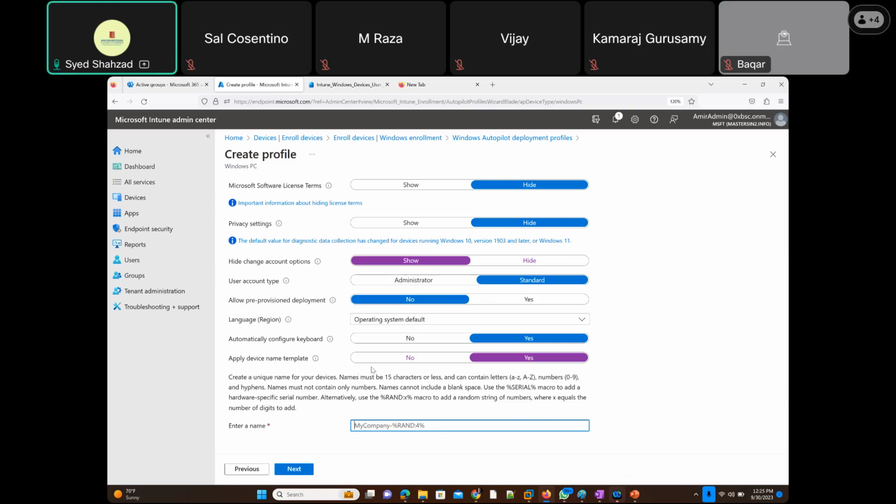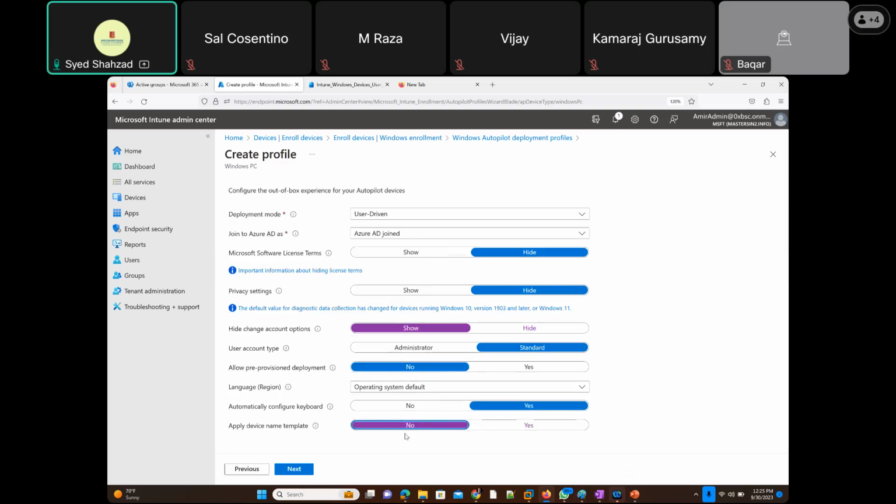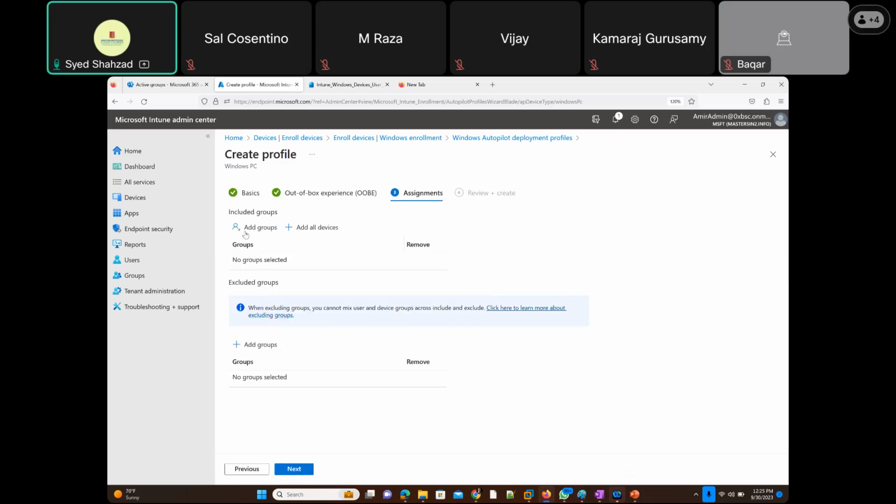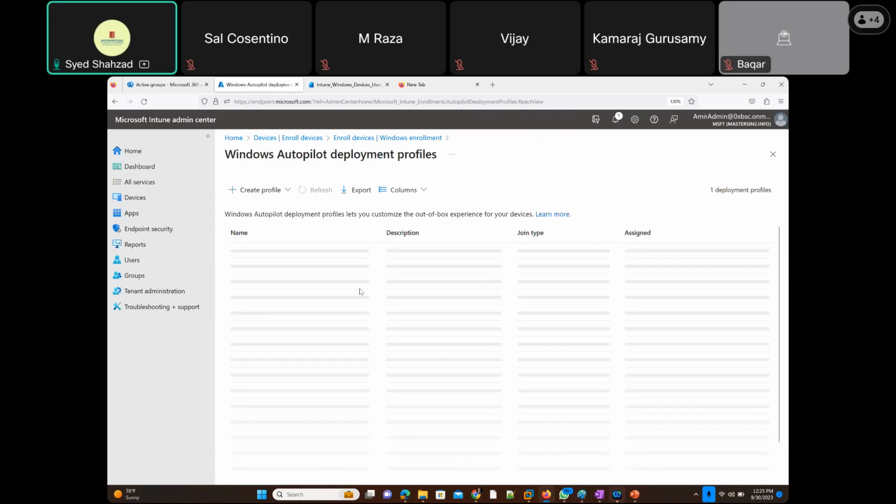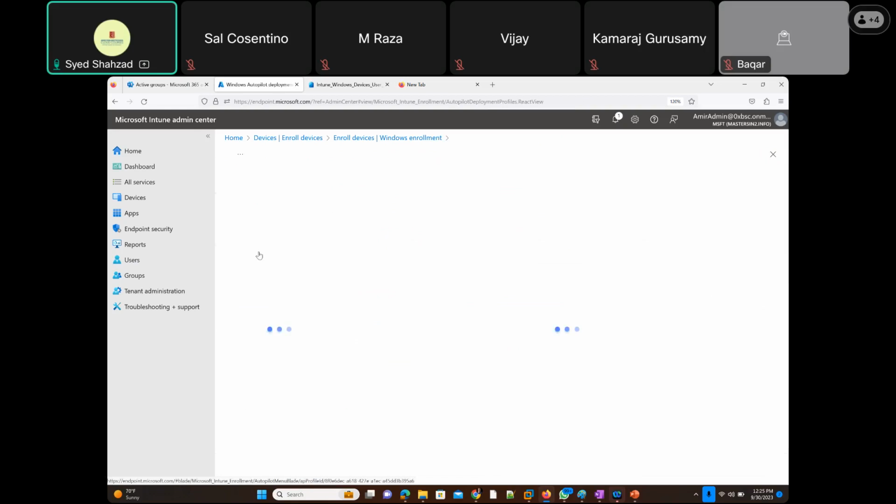So I'm going to show you now that configuration, which we have already configured. I'm just going to click no here, but last week we pressed yes to that, right? And then it's next and yes, then you have to add a group, and there you can have an excluded group as well. So this is the feature here. You're going to see that feature in every policy as well. And that's it, next finish, right? So I'm going to click cancel here because we have already created that. And if I click that